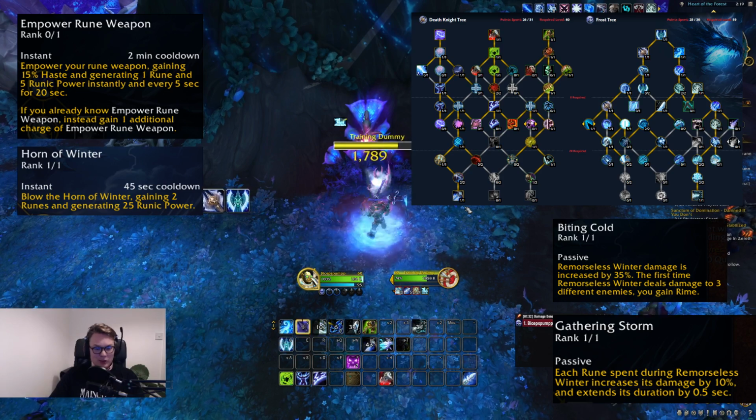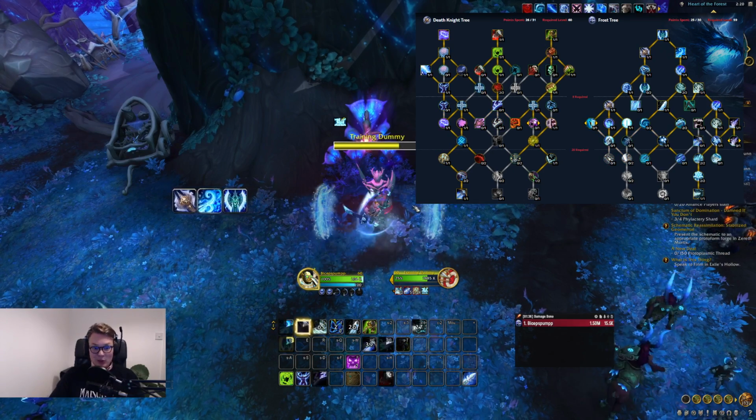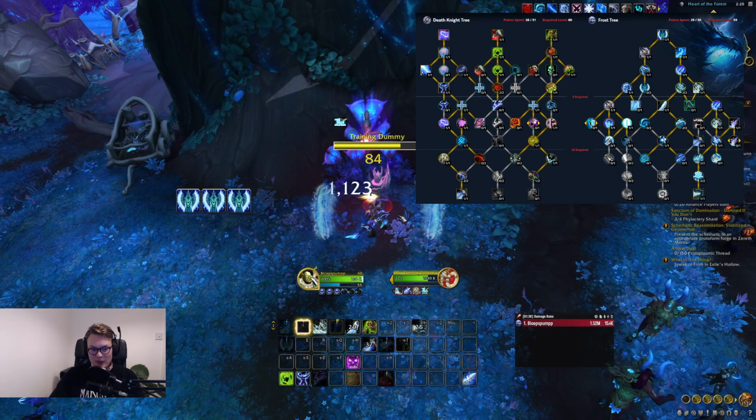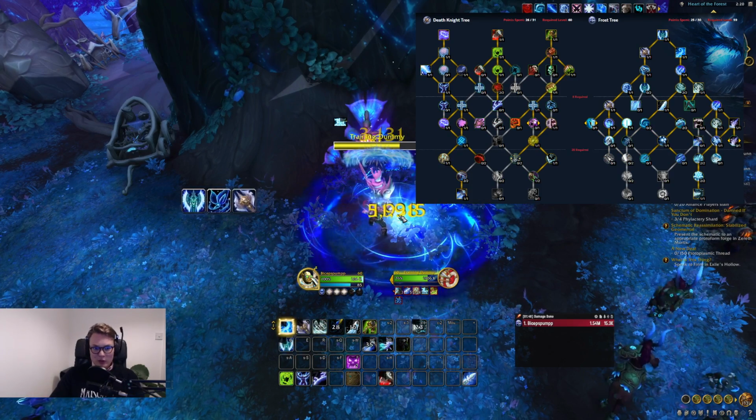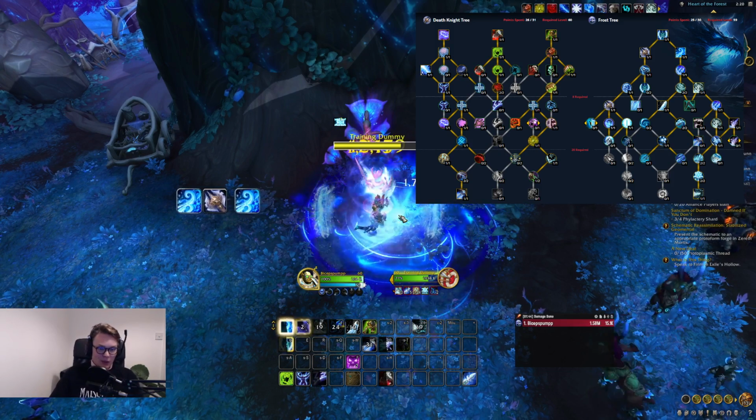For Mythic Plus, the Breath build is very similar. Some utilities are now more important, like Blinding Sleet. Also, I would always go for Biting Cold and Gathering Storm here. We also have